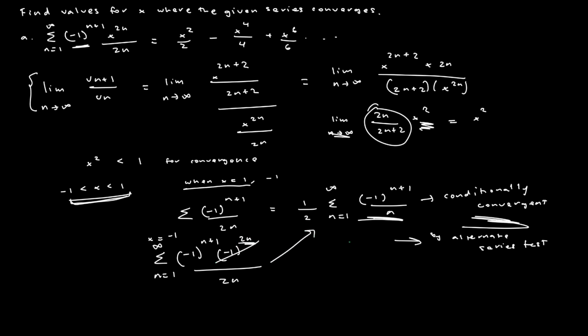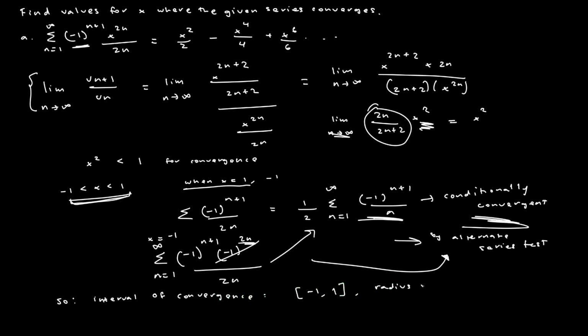And so because we already claimed that when x is equal to 1, we're conditionally convergent, and when x is equal to negative 1, we simplified to the same case, we're also conditionally convergent by the alternating series test. So finally, we know we're convergent at negative 1 and 1, so we're convergent at the endpoints, and we're also convergent everywhere in between. Therefore, the interval of convergence is negative 1 to 1, and